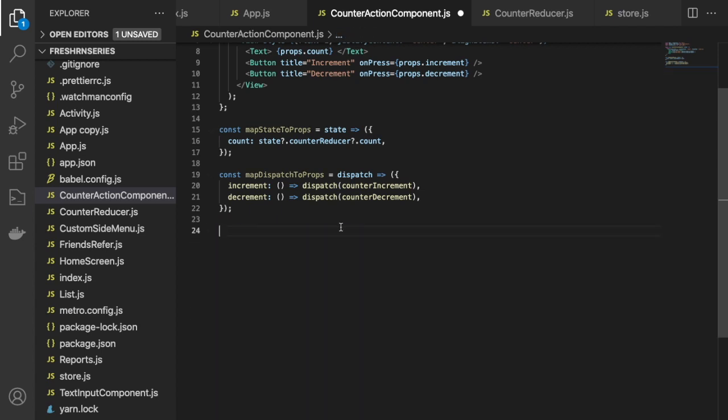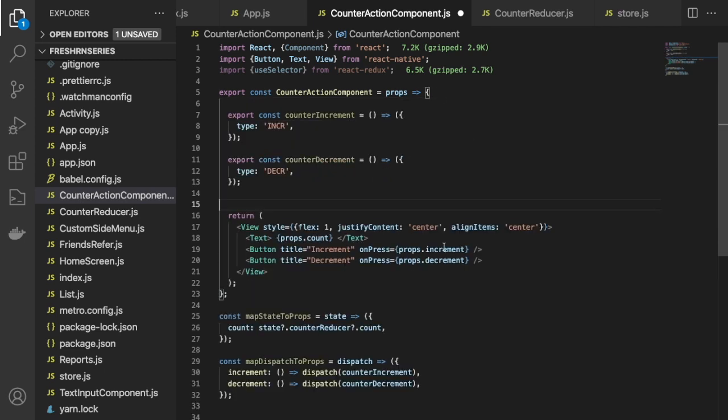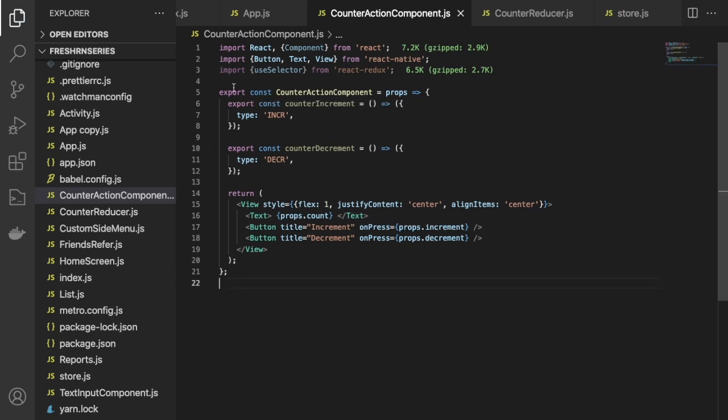So you can delete this, clear this, cut this. These are the actions, and we need these actions. We don't need this. Let me remove this, and here export default, no need of const. Cool. Inside the export you cannot use export, so let me remove this export too. If you want to see the error, I'll show you the error. Then I'll remove this export.